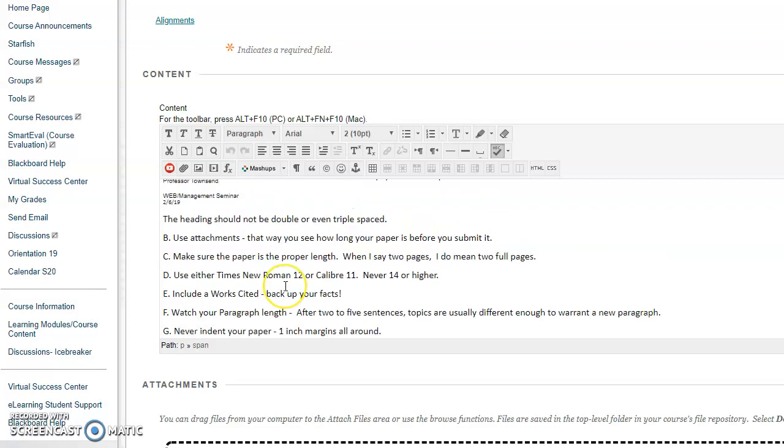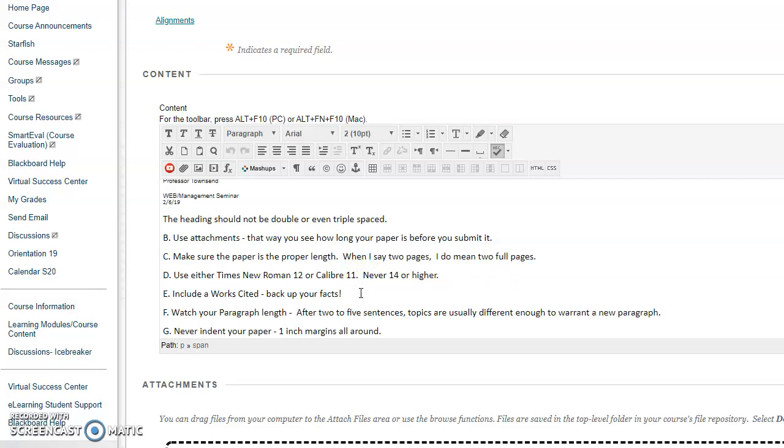Please use attachments. Make sure you use a .doc file or a .pdf. I cannot open a Pages assignment. When I say 2 pages for the report, I mean 2 pages. I don't mean one line on the second page. That doesn't cut it. I also say the font you can use, because some students have used 16. I can read very well. I don't need the type that big.